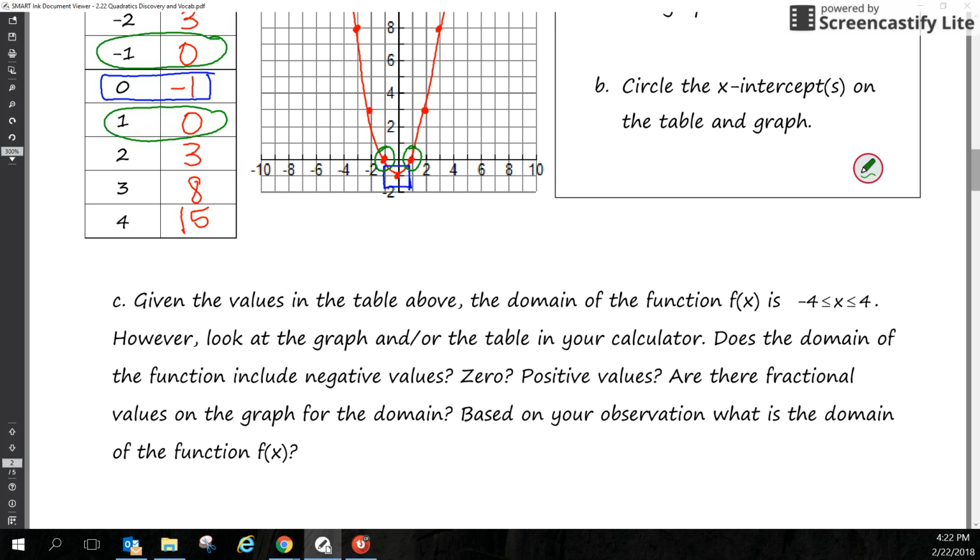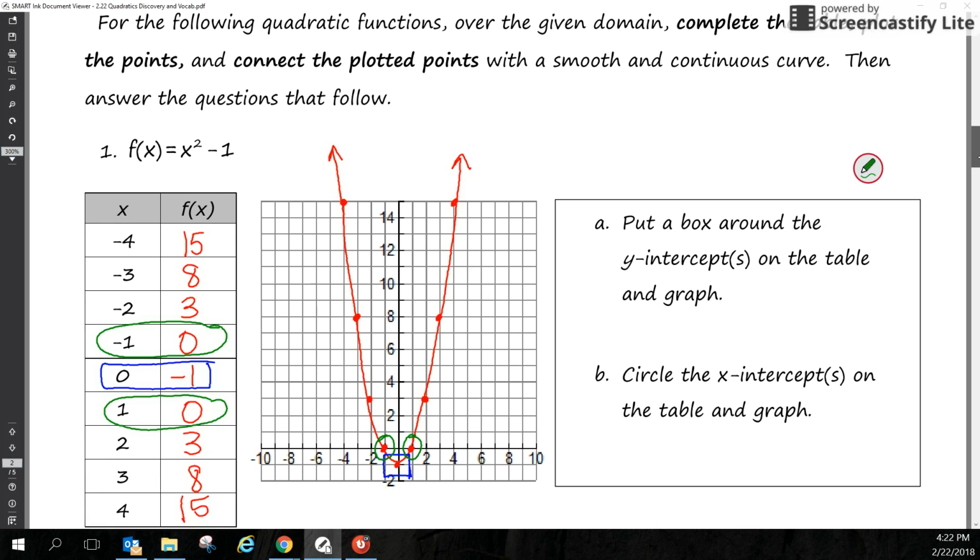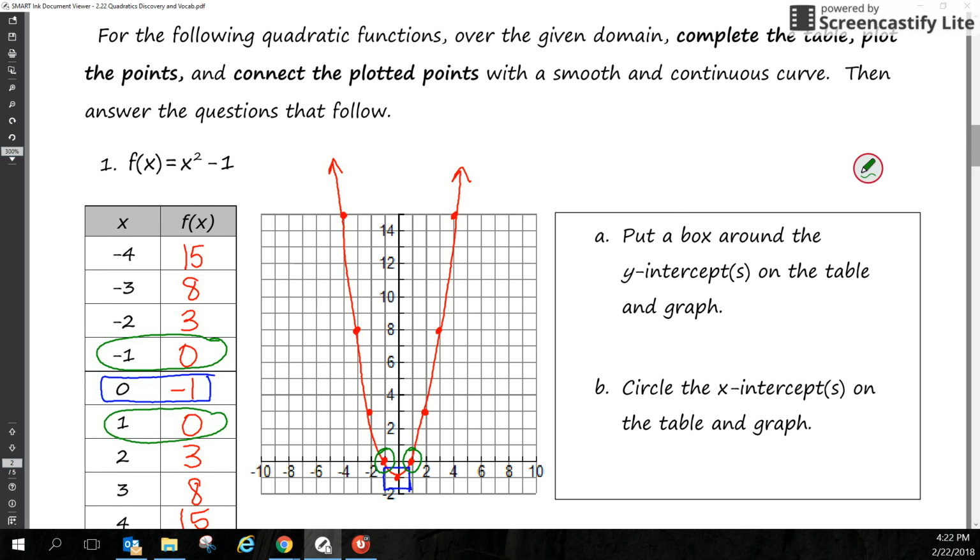All right, then it says look at that table, look at your graph, and see if we can figure out what the domain is. So we've talked about this in the last one. The table looks like the domain is just from negative 4 to positive 4. But if you look at the graph, it